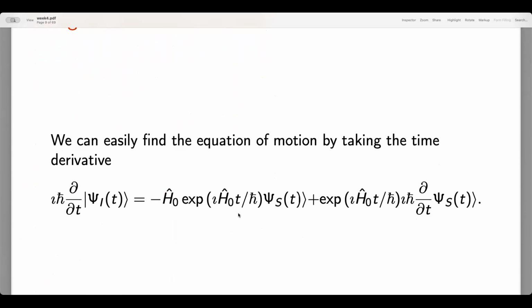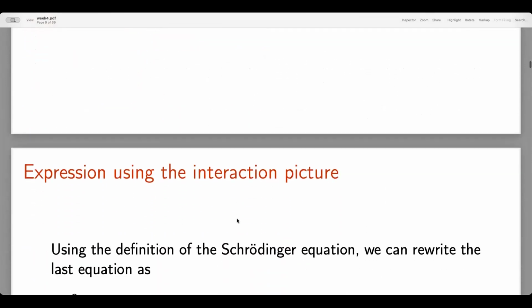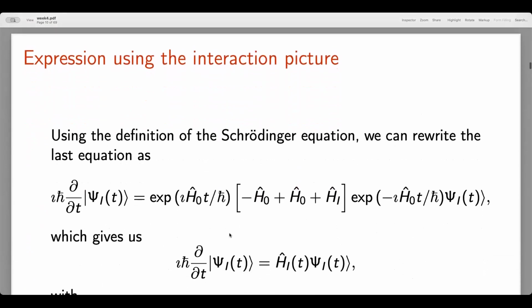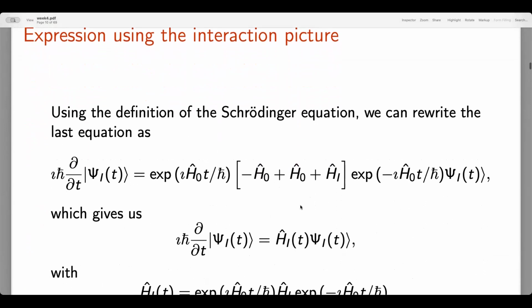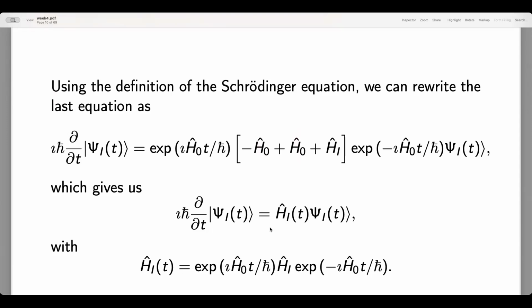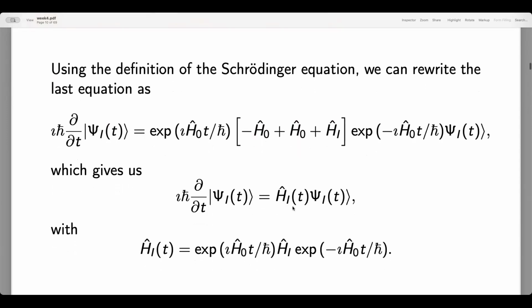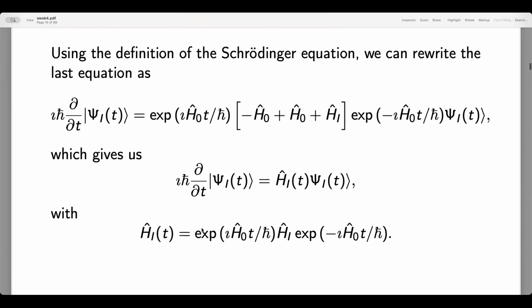So I hope you don't get offended if I'm just taking derivatives of pretty straightforward expressions. And with that, you can then reorder it. And if you reorder it, you can actually use the definition of the Schrödinger equation. So you can subtract H0 and add H0. And with this one, what you end up with then is an equation of motion. So this is a new equation where we have defined a new Hamiltonian compared to the previous case. And this H of I, T here, that is a time-dependent quantity, which is then defined in terms of these